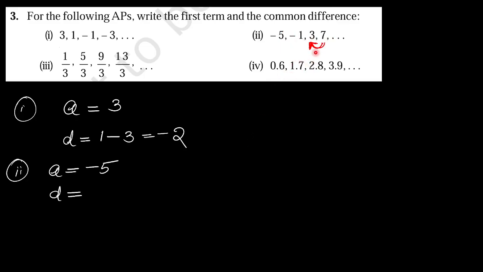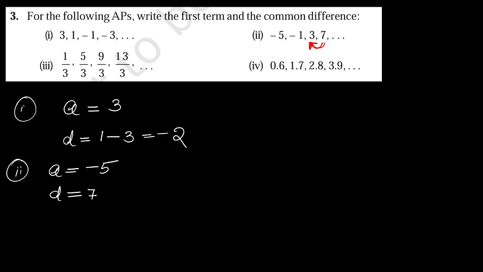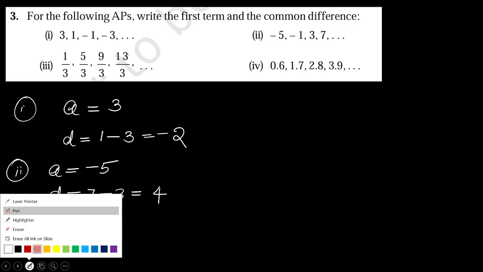Is it correct? So 7 minus 3 is also the common difference. Understood? Any term minus previous term will be the common difference. We have no confusion when you do the subtraction. All of it clear? Benedict, Nishit, Samruddhi, you understood? Yes, sir. So these are simple, but you try this third and fourth right now